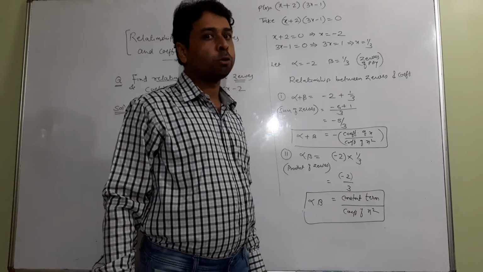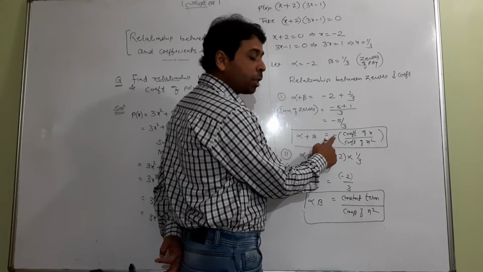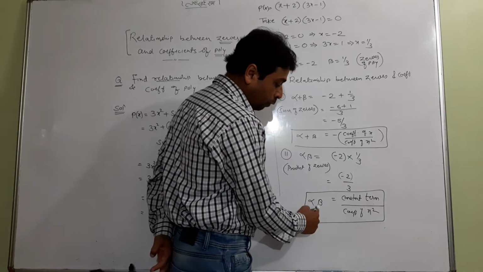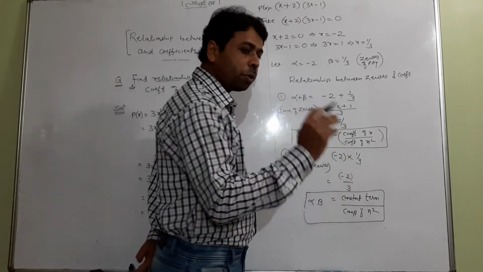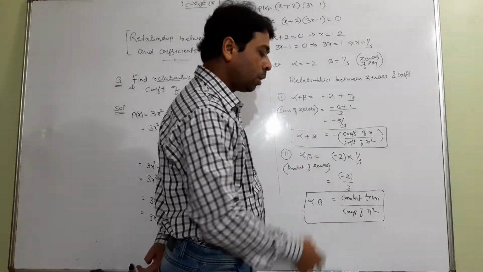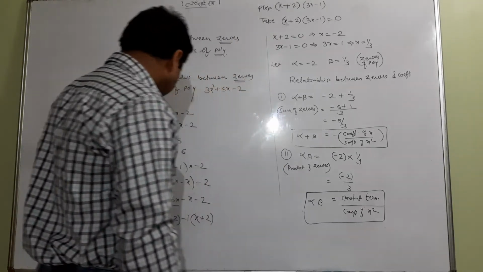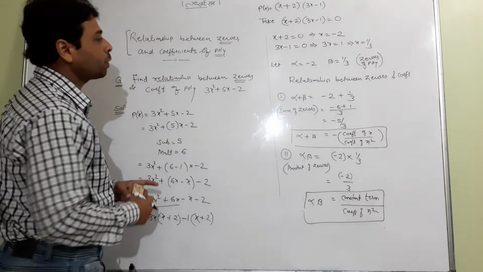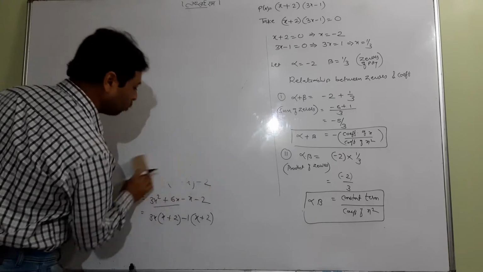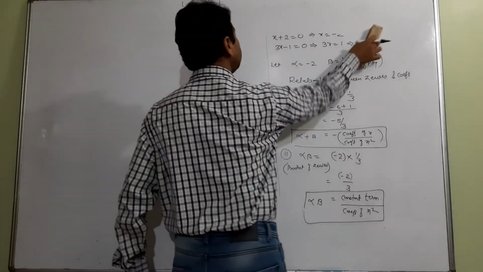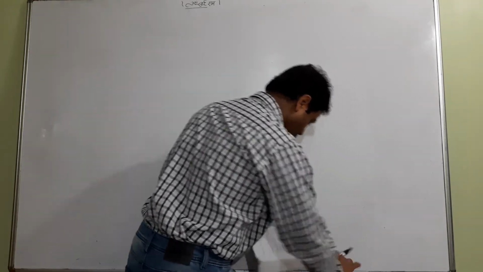Lastly, I want to tell you the conclusion, a very specific conclusion: here alpha plus beta is always negative, and alpha into beta is always positive. This is a certain thing which follows in further questions, which actually follow this question. So okay students, till now you have got it. You can write from the board in your fair copy. Now let me tell you one more question which follows this one. This will be just for your practice. I think this is very important as far as the exam is concerned.